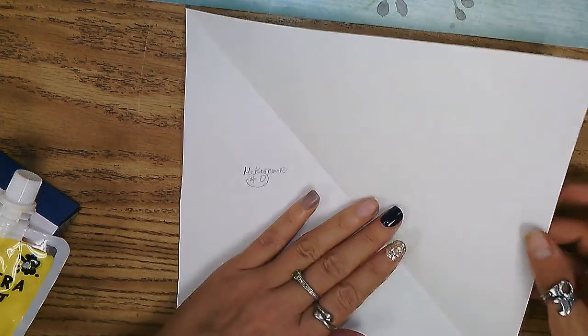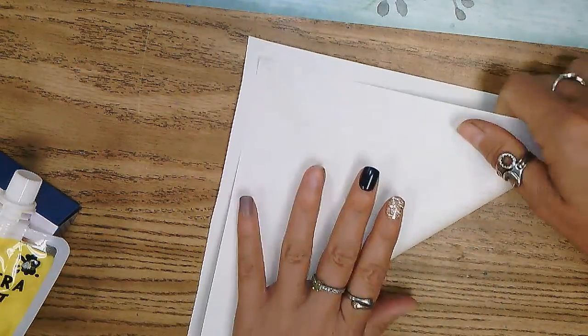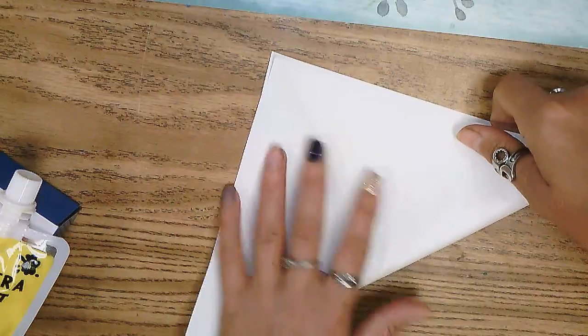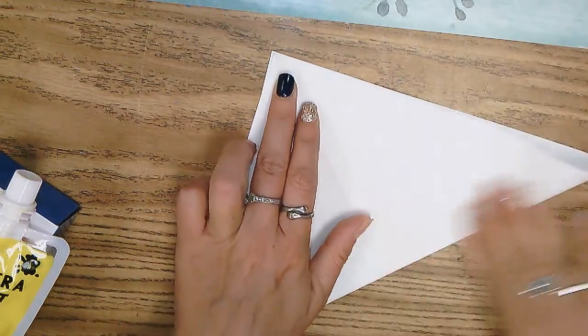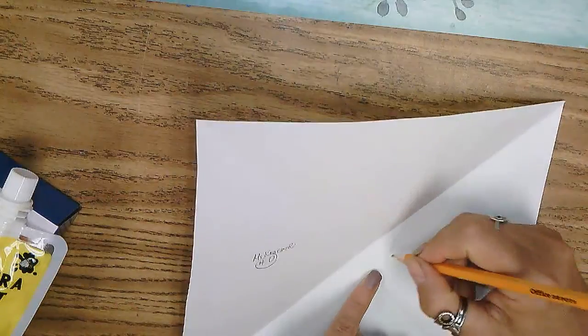Okay, let's wait for everybody to get done with the square shape. And when you're done, I'm going to pause the video if you're not yet, but if you're done, I'm going to continue. We're going to fold it the other way. And now we've got this X in our square. And we have 4 sections. So in section 1, I'm going to,